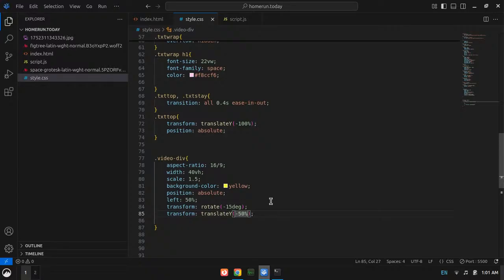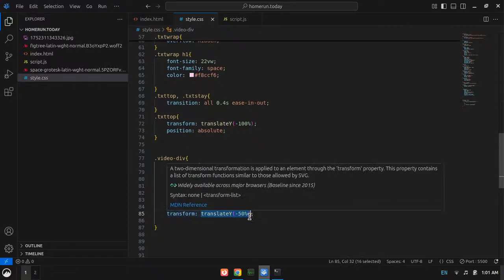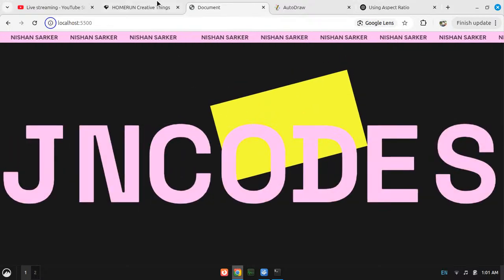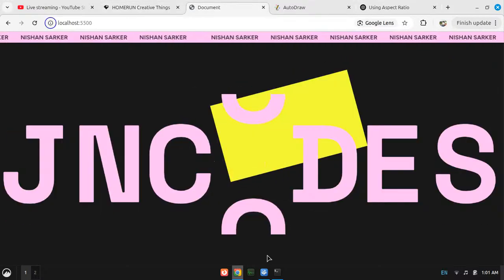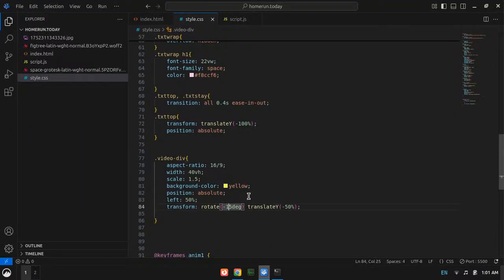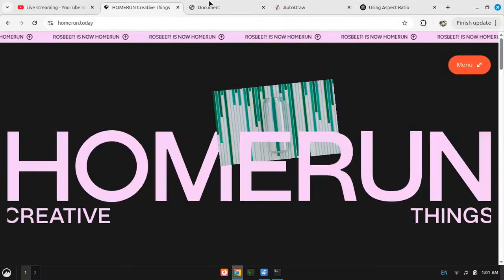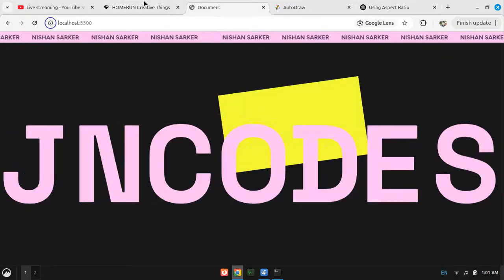I need to combine these two. Now it should work. The angle is still too much, so I will use 8 or 9 degrees, and yep, it is almost there.